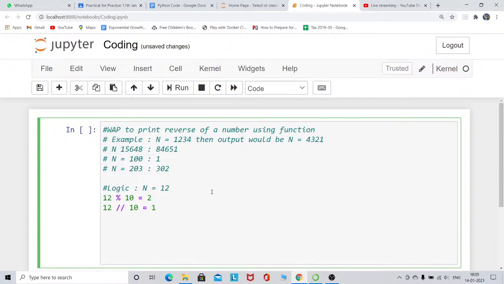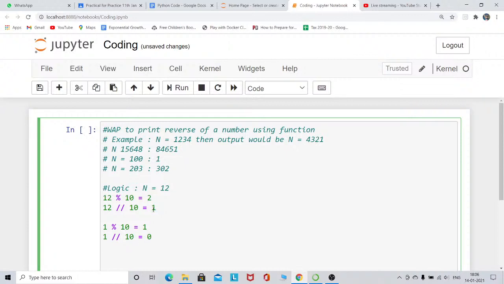Now my number is 1. Then again I do 1 mod 10, it gives me 1 back, and then 1 division by 10 gives me 0. I have to repeat all these things until the number is 0. So now the number is 0.